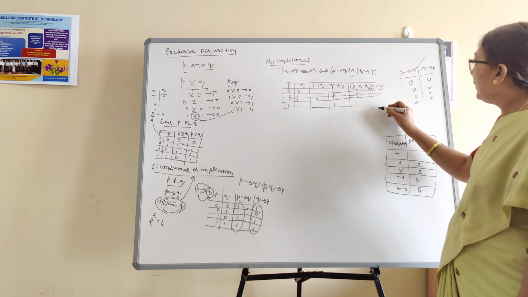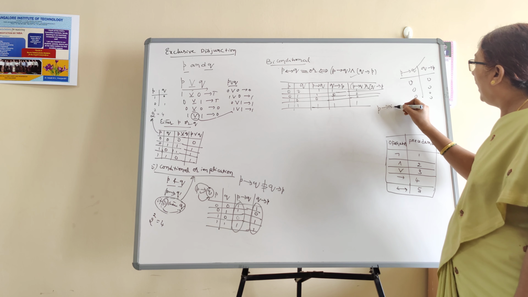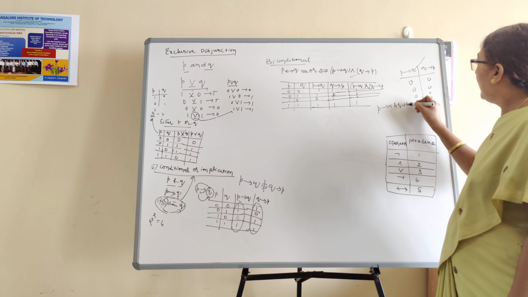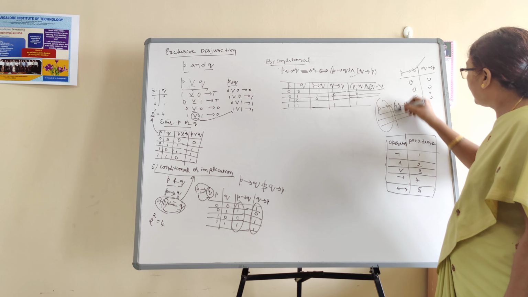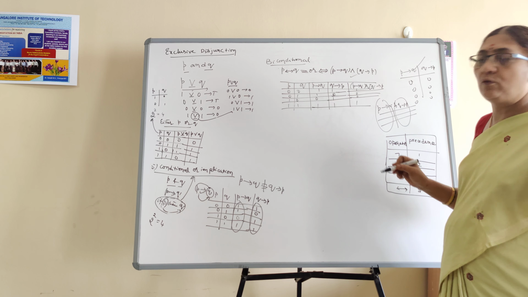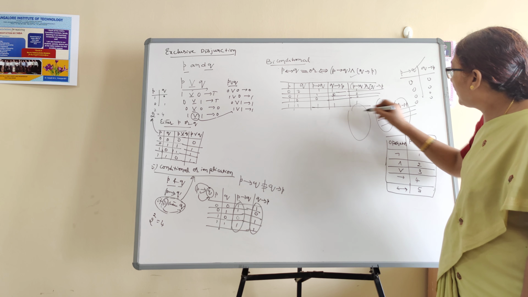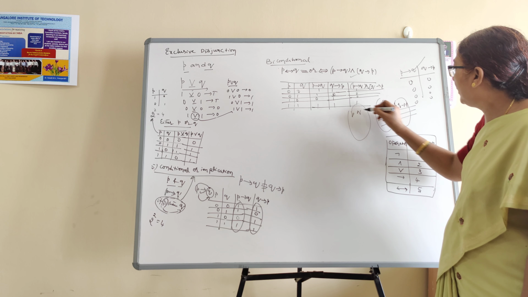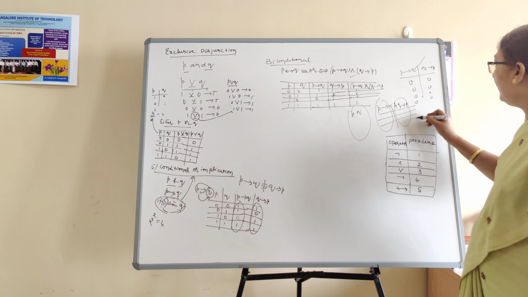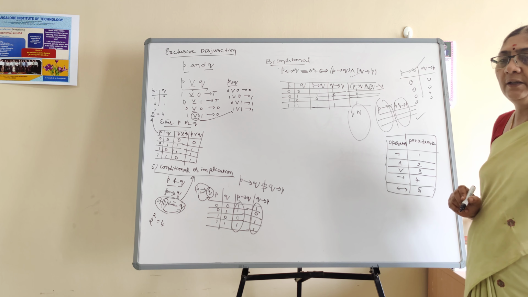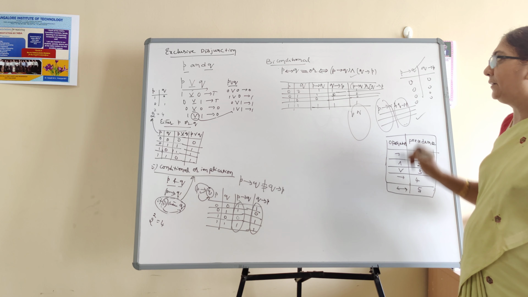See, when is it true? P conditional with Q and Q conditional with P, you construct the table. This column and this column must have the same truth value for corresponding truth values of the components. What are the components? P and Q. Then we say that the conjunction is true. Definitely, then we get what actually? Then we get that biconditional.